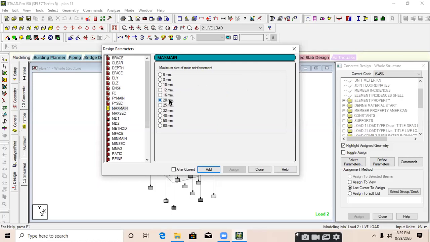Suppose I am selecting 20 mm as the maximum bar size I want to use. Then maximum secondary reinforcement I want to use as 10 mm bar. And then minimum main, which is the minimum size of the bar I want to use. Then minimum secondary reinforcement I want to use as 8 mm, like that.